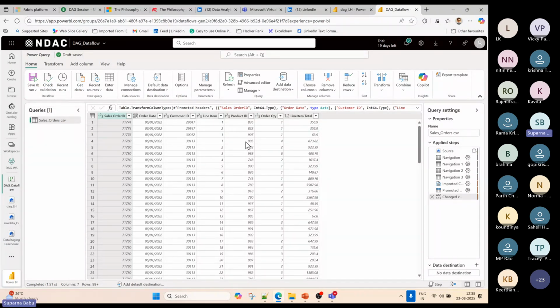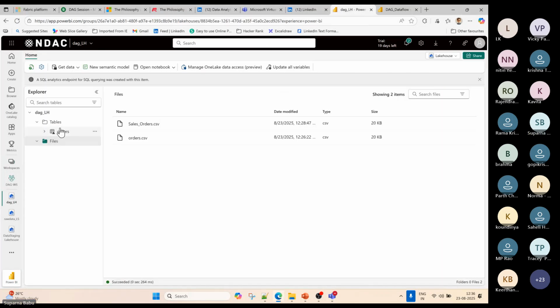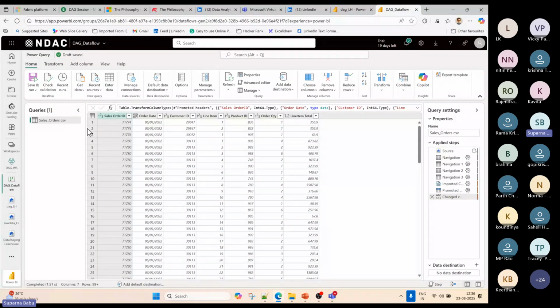Now I want to push this into the table section of DAG Lakehouse. For this, at the bottom under the properties, at the data destination, you can add your destination. Click on this plus symbol.